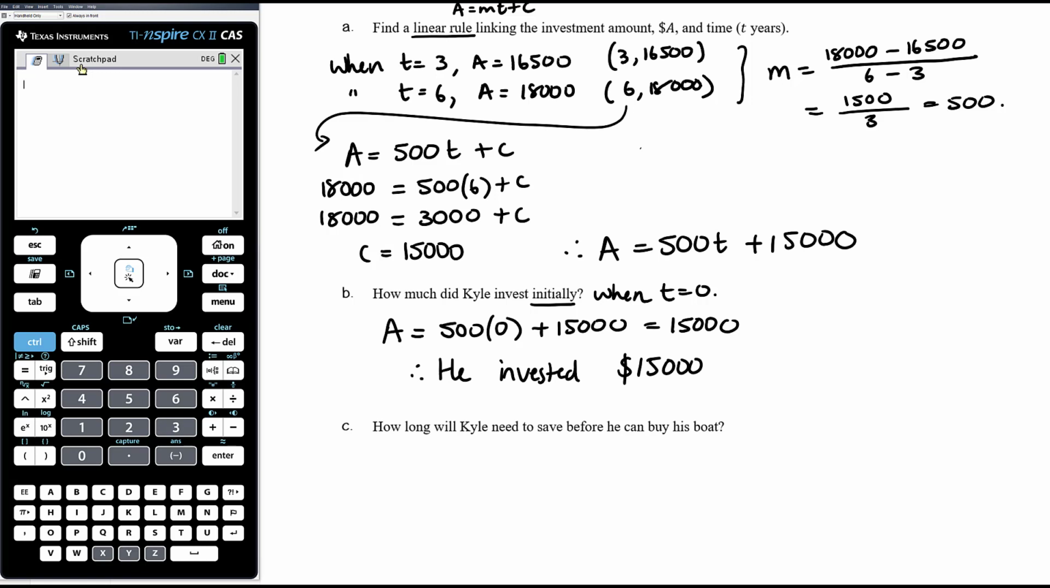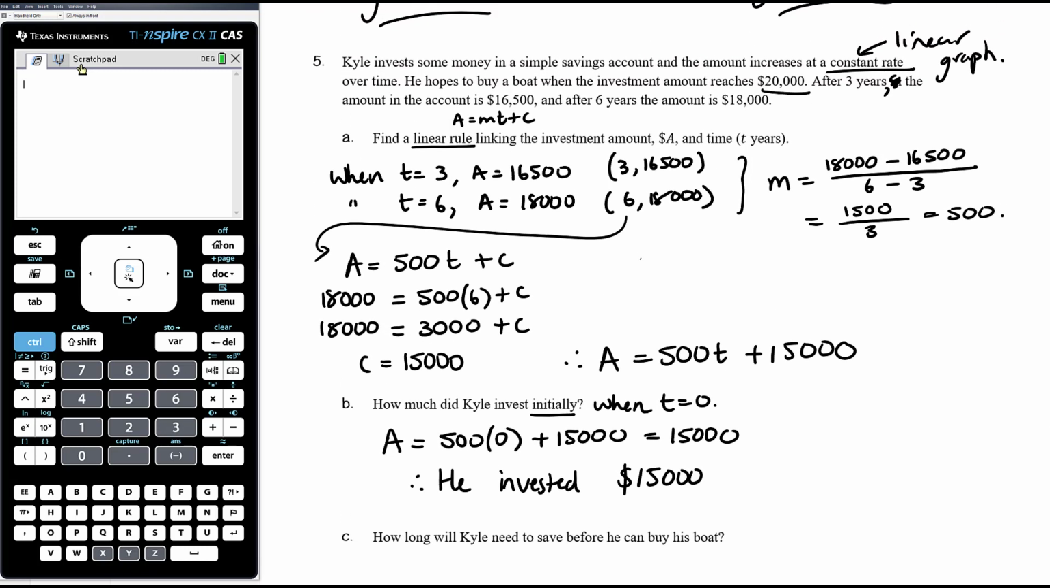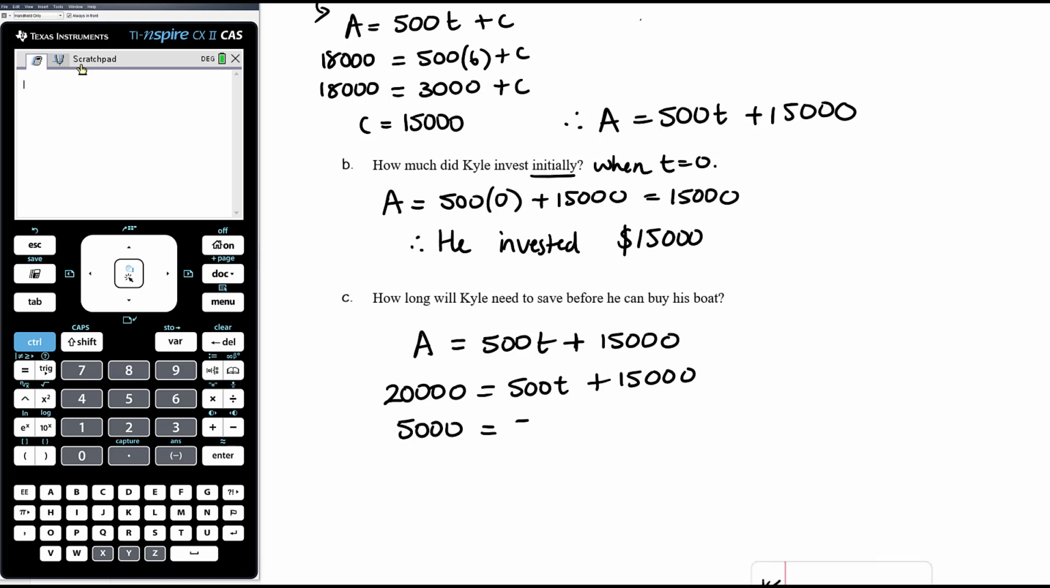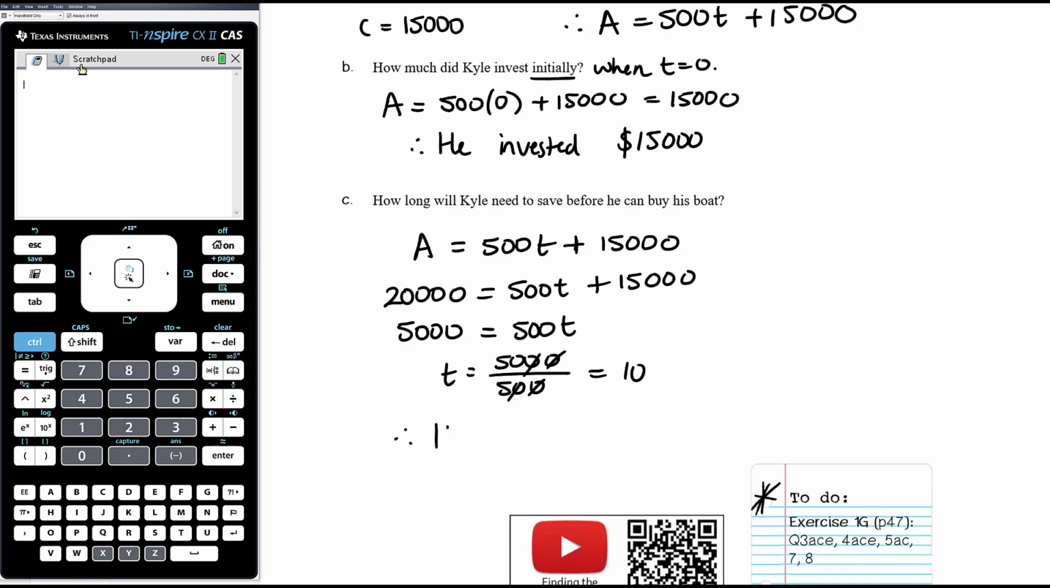How long will Kyle need to save? So what is t, how many years before he can buy his boat? So we know that he's waiting for the account to get to $20,000. So again, we've got our rule, A equals 500t plus 15,000, our rule connecting t and A, the time and the amount. This time we want to know what the time is when the amount is 20,000. So substituting A equals 20,000 into the equation, we want to solve for t. Subtracting 15,000, 5,000 equals 500t. And then t will be 5,000 divided by 500, which is 50 divided by 5, which is 10. So therefore, it will take 10 years